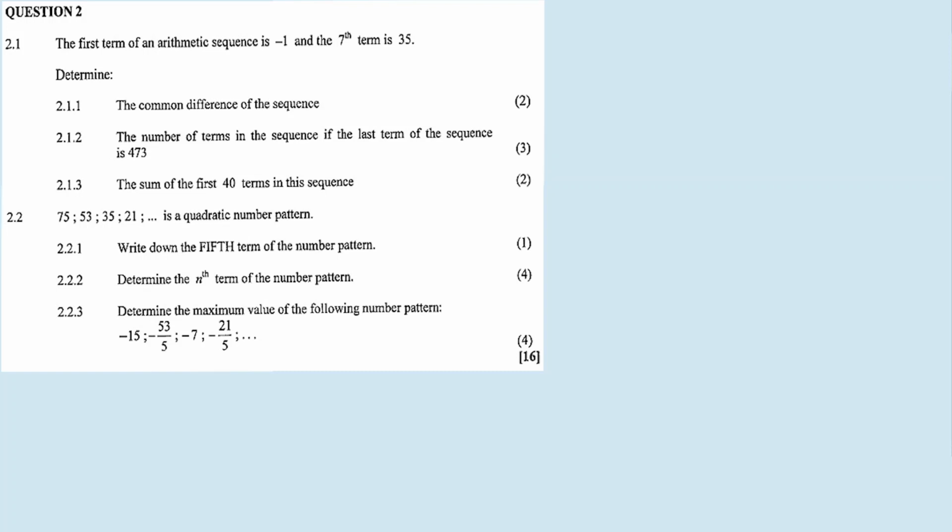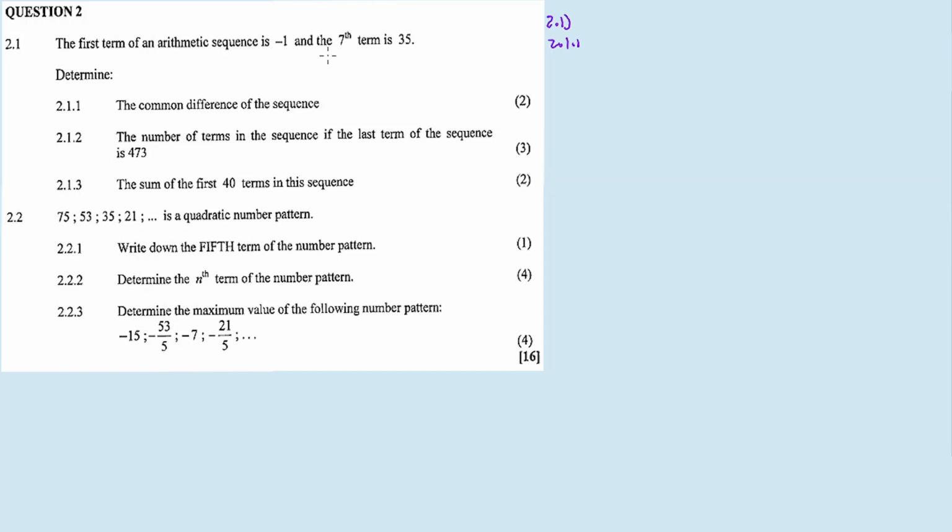So question 2.1, the first term of an arithmetic sequence is -1 and the seventh term is 35. Determine the common difference, 2.1.1. Okay, singayithola kanjani i-common difference la? Ngoba i-common difference siyithola if ever sinama consecutive terms. But bangiphe u-T1 no T7. So check and remember, keep in mind